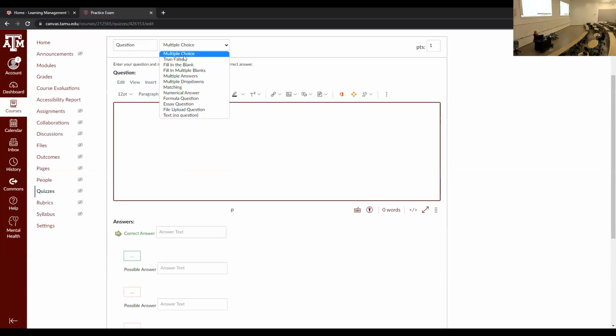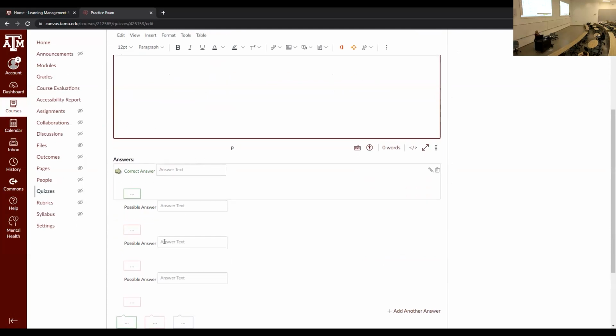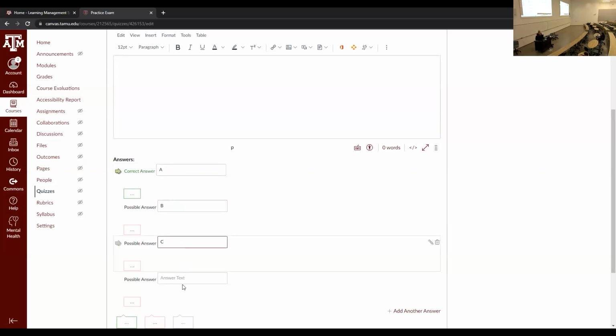Let's say I'm going to go with multiple choice for this one. Put the answer over here. This is where you, sorry, the question, not the answer. This is where you put the question, and this is where you put your answers. So, you know, if my answers are just a cliche, I'm just gonna randomly put things here. All right, so I have 4 options, and the correct answer is where it shows the